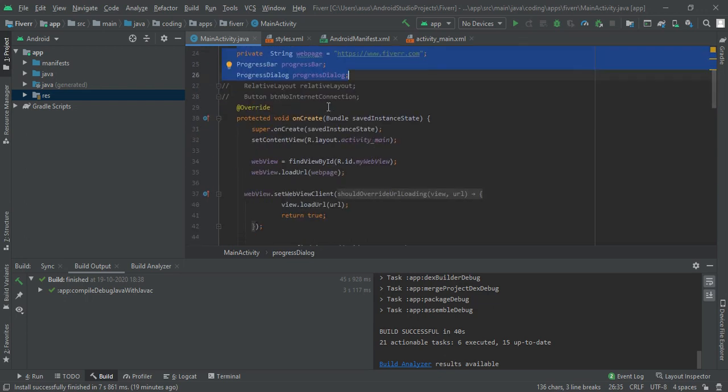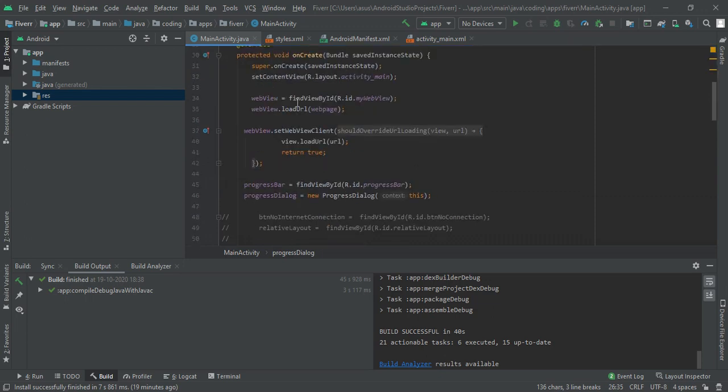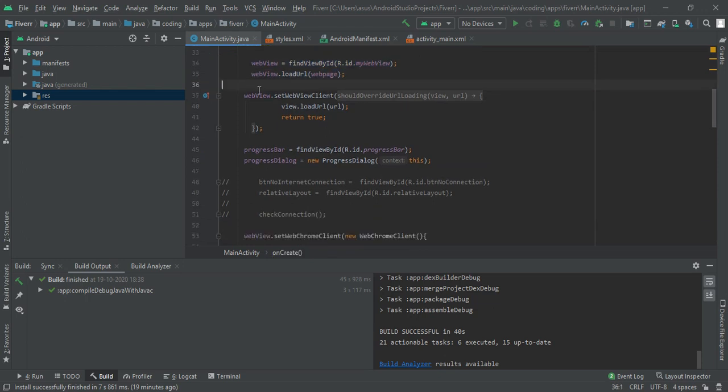The progress bar and progress dialog are as per your need, depending on what you want to implement in your own project. Here we had cast it and loaded our URL, and after that we had added this web view client so that our next page opens in our current app only.